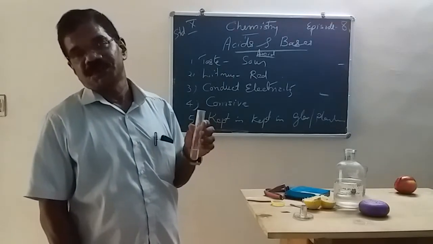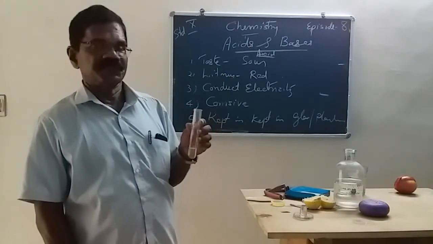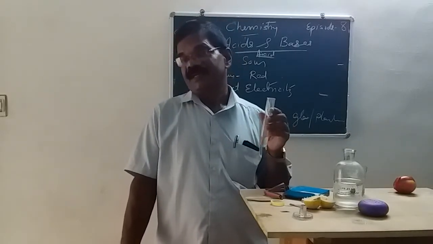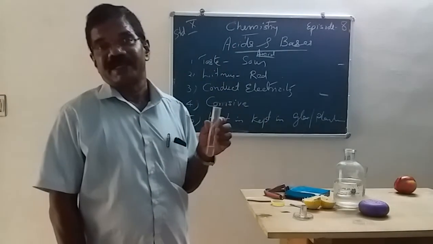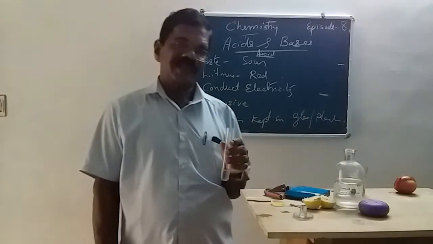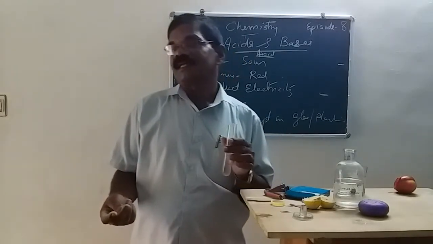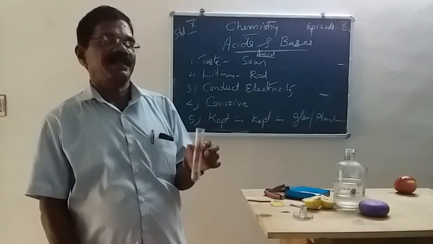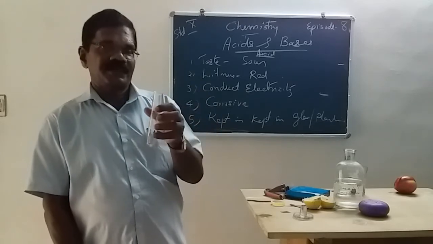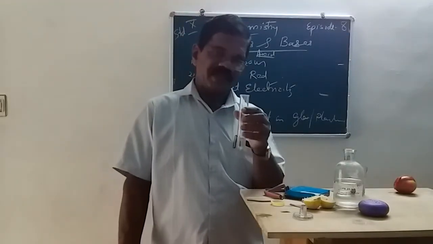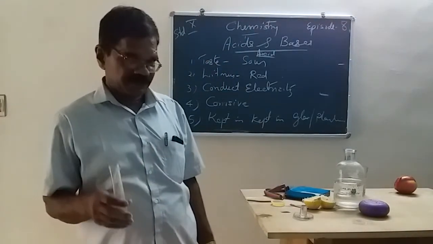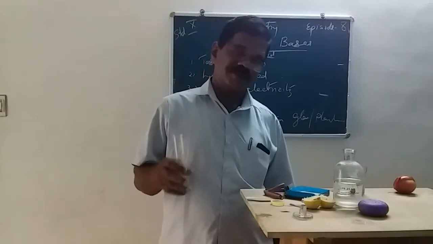We have seen fire extinguishers in all schools. What are the ingredients inside it? Sodium bicarbonate, or any bicarbonate, mainly sodium bicarbonate, and an acid, hydrochloric acid or sulfuric acid. Then what will happen? When we shake it, the acid overflows onto the bicarbonate and a brisk evolution of carbon dioxide is produced, which will help to extinguish fire. Bicarbonates react with acids, and a great quantity of carbon dioxide is produced.